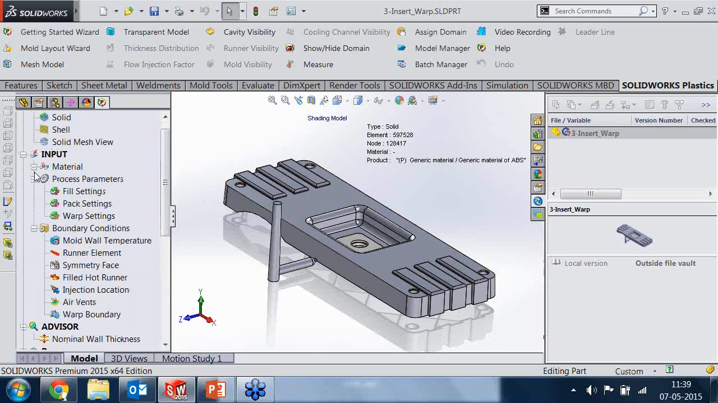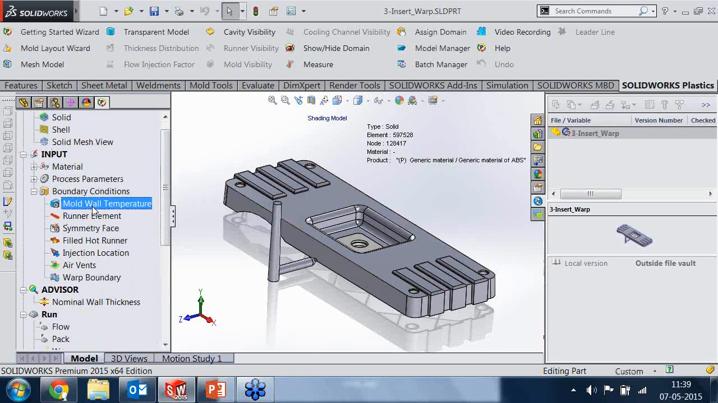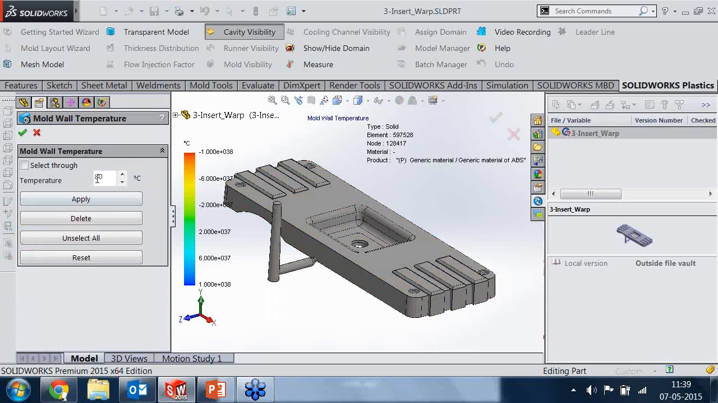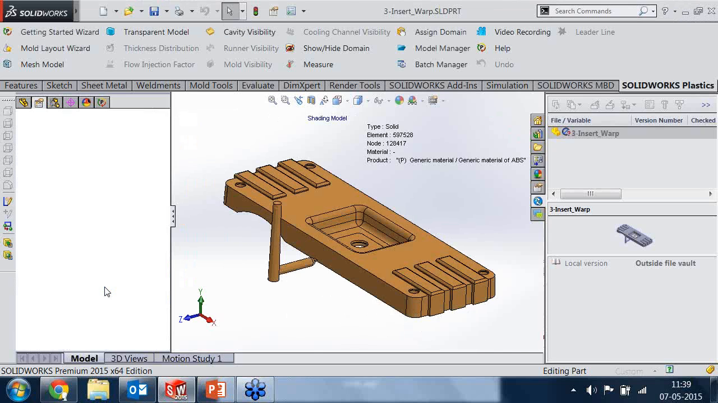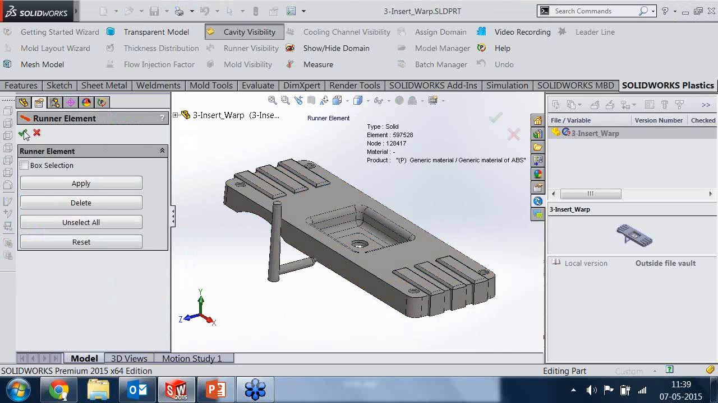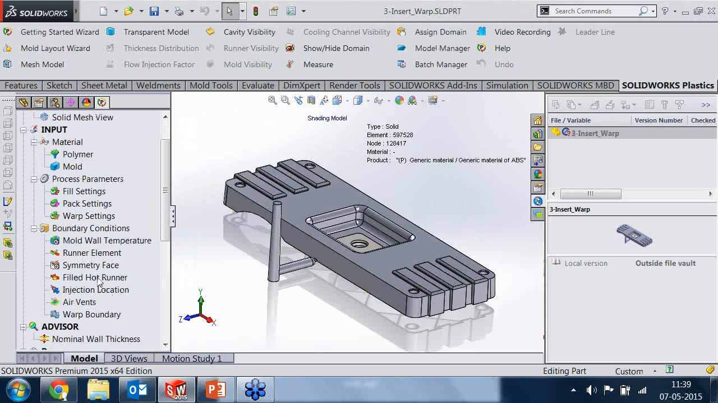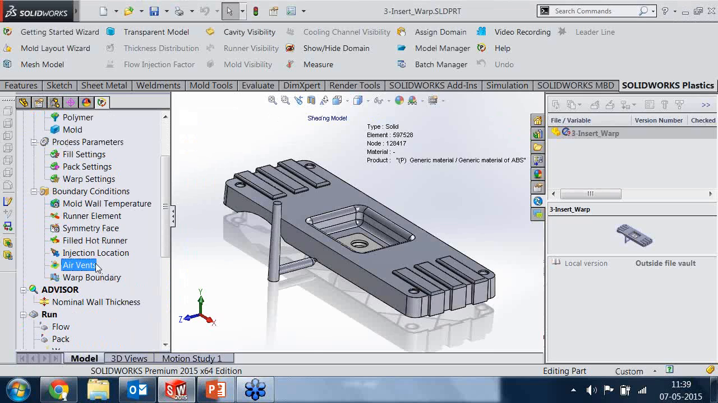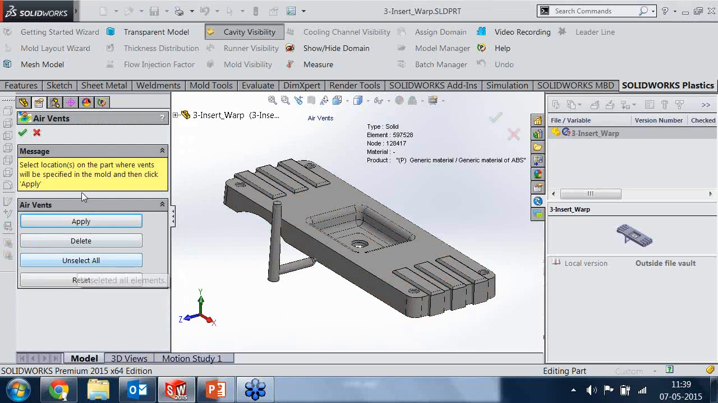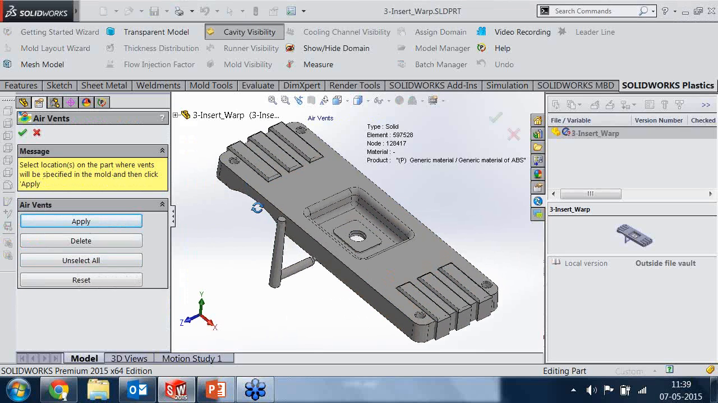Next, the boundary conditions. Material is set, process parameters are set, mold wall temperature, you can set your wall temperature here, apply, and then runner element if you are using the hot runners, and then filled hot runner, what is the temperature there, and then air vents, where you need to specify the air vent. Select the location of the parts where the vent will be specified in the mold, and then click apply. You can just select some area and say apply,